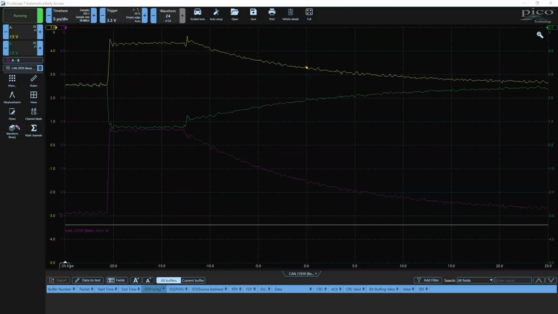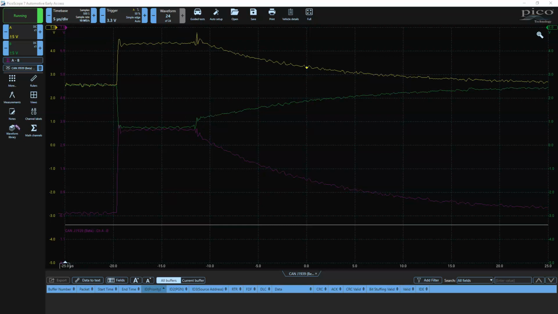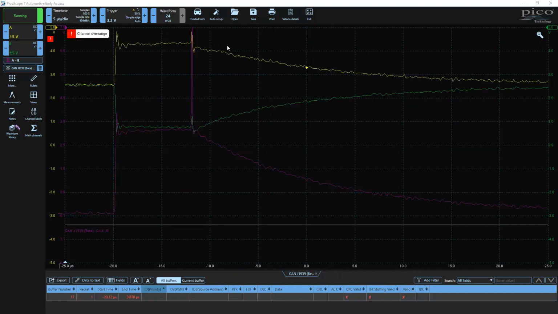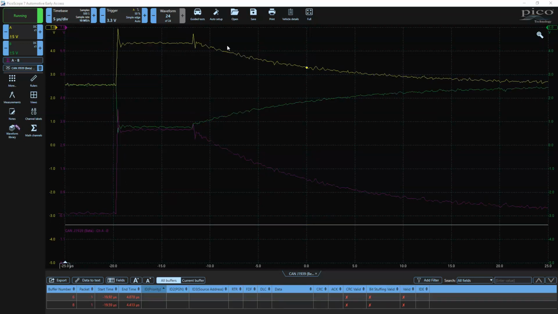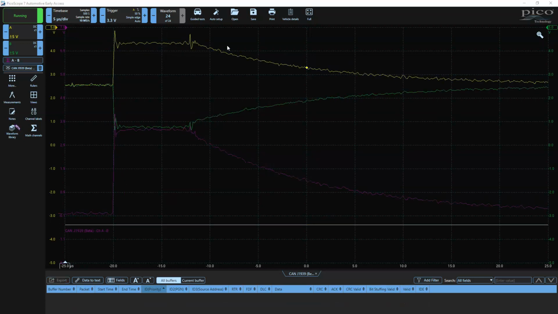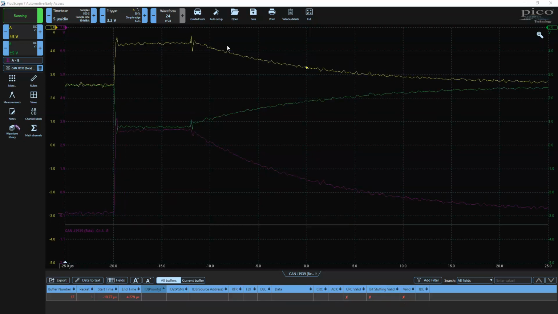So if we look at this now, it's increased the capacitance, and because of that we can see that this decay time is even longer. So this looks like the simulations that I showed you in the previous episode. This is even worse now. By increasing the length of this, I've increased the capacitance. This is one of the reasons that there's a limit on how long the CAN network is supposed to be